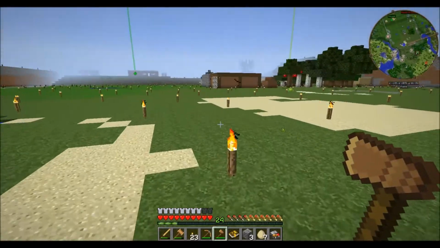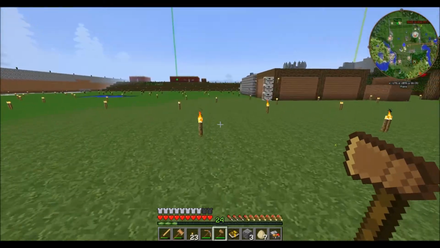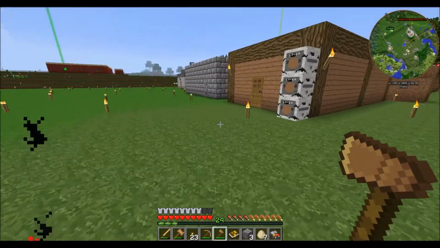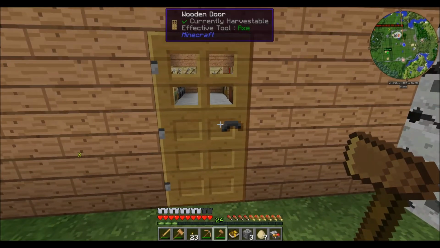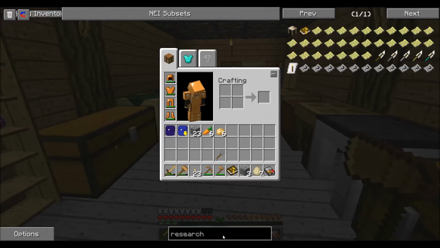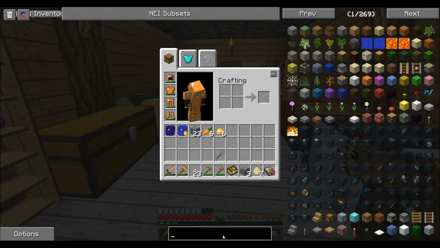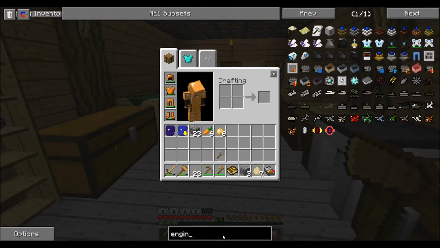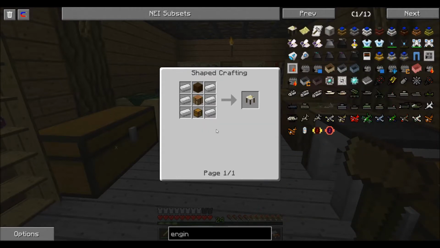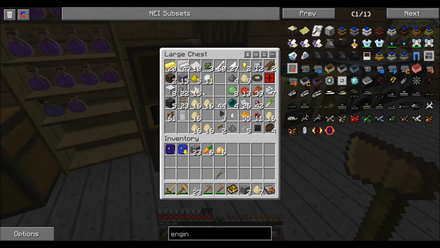That should get you up to speed. So I've done most of the research. I need to build a couple things here. So the next thing I need to build is an engineering table. Engineer. Whoops. Engineer. So an engineering table takes that, and 6 iron. Okay, I can handle that. So if we get 6 iron,